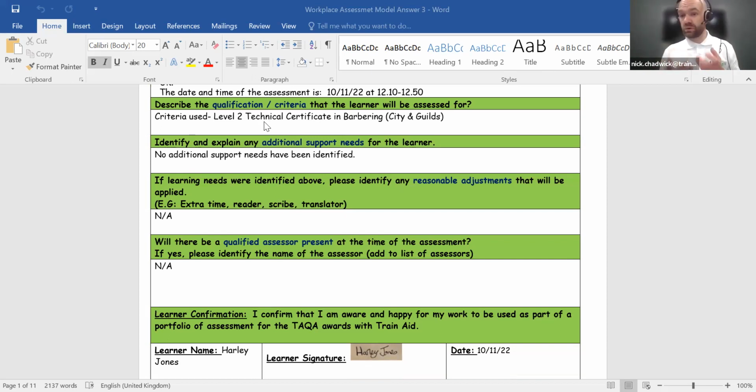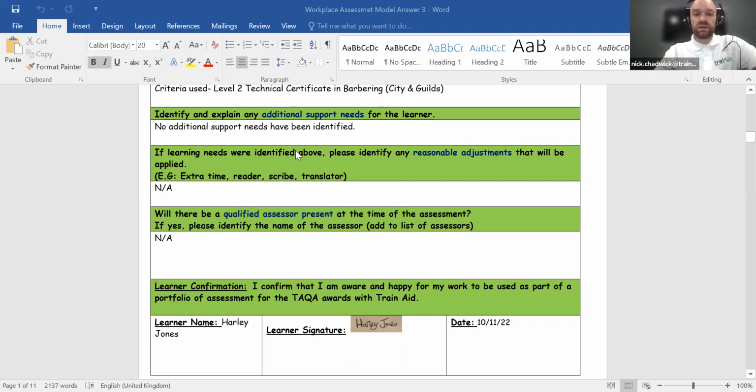So he is familiar with the standards whilst studying to become a barber. So I'll be using those standards there. So please do think about the standards or criteria that you are going to be using for your very own assessment here. Later on, within the initial assessment stage, we're just looking to identify and explain any additional support needs